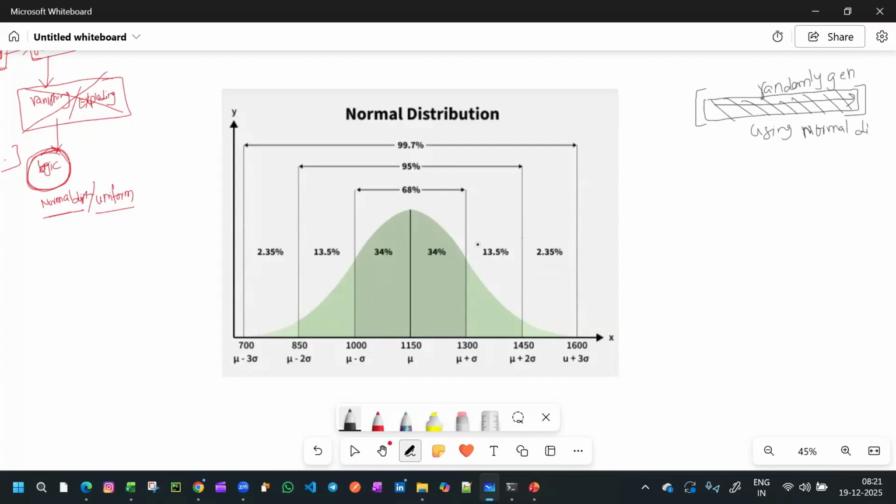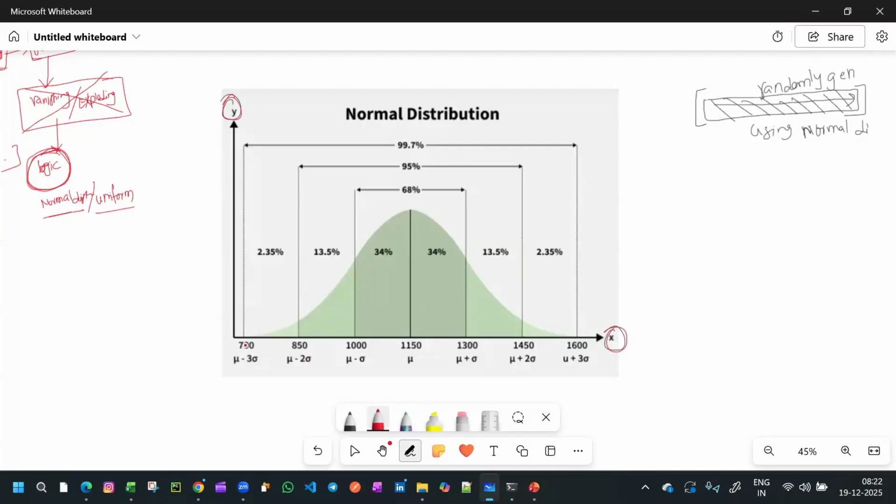Okay, what does distributed normally mean? Understand, this is very, very important. Here I have the two axes, x-axis and y-axis. X-axis represents,